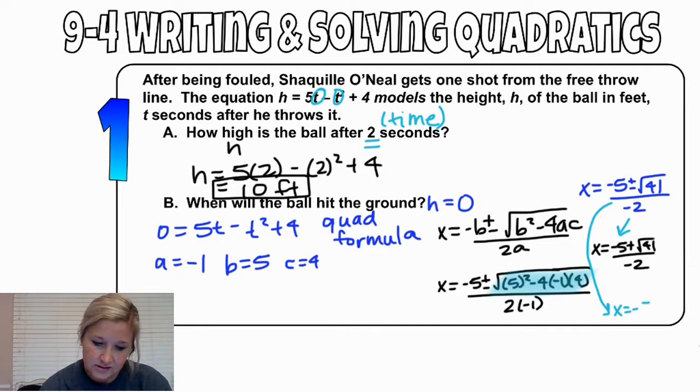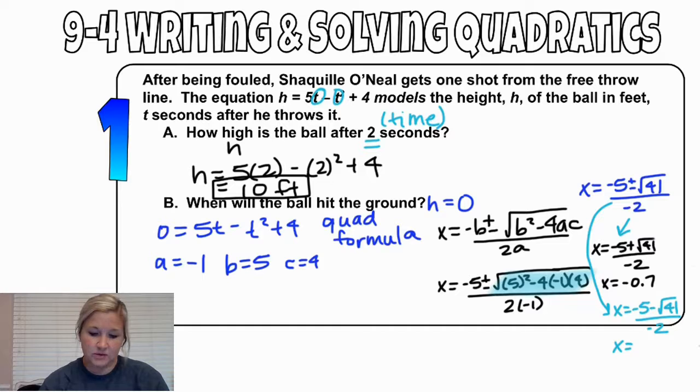And so x is going to be equal to -5 minus the square root of 41 divided by -2. So then plugging that into my Desmos.com/calculator, you're going to get x is equal to -0.7, and then you're also going to get x is equal to 5.7. Now, this answer right here does not make sense because it has a negative time and you can't have